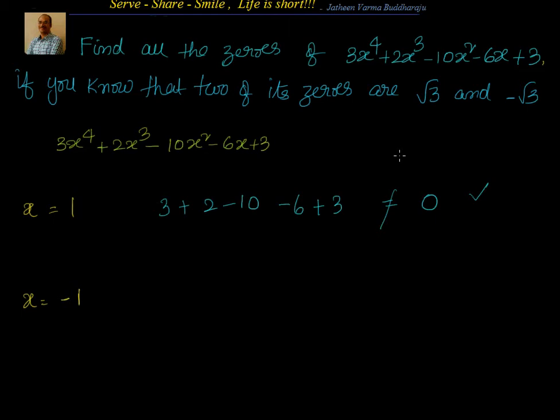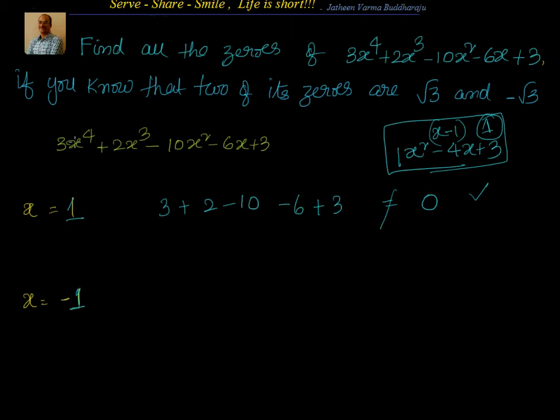But if I have something like, let us say, x square minus 4x plus 3, you just add all of them. 1 minus 4 plus 3 equal to 0. That means x minus 1 is a factor, or 1 is a 0. So if you want to know whether 1 is a 0 of a polynomial, just add all the numerical coefficients. If you are getting 0, then you are good to go. You know that 1 is a 0.